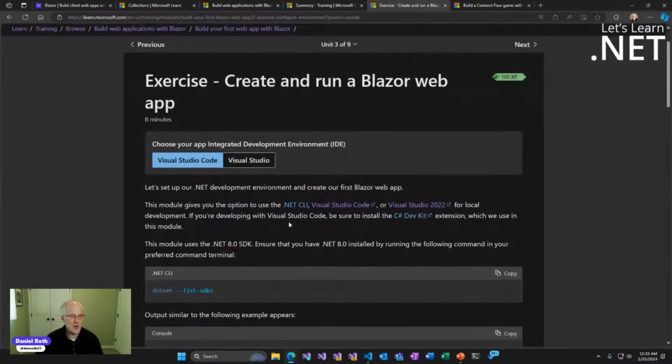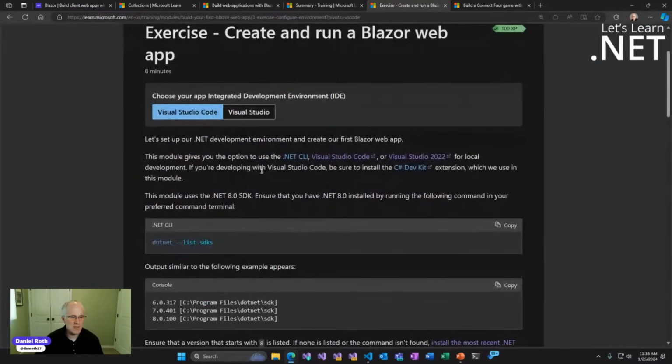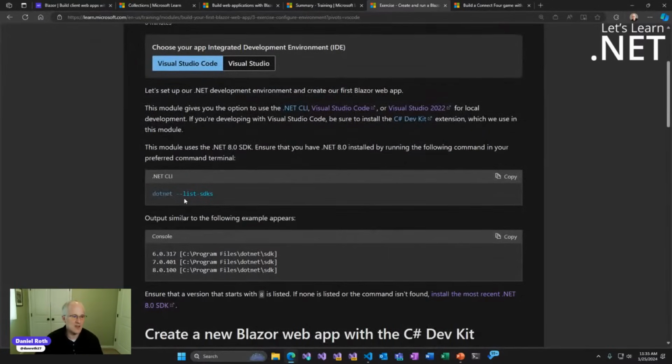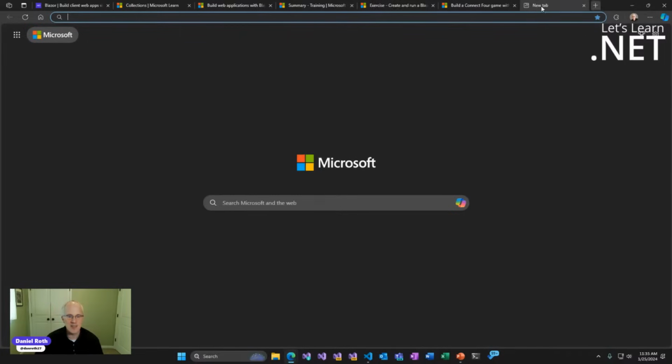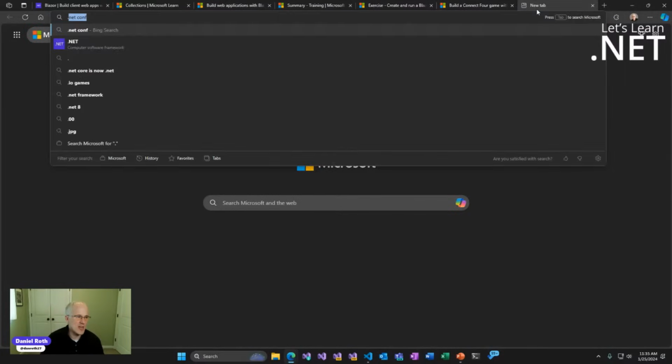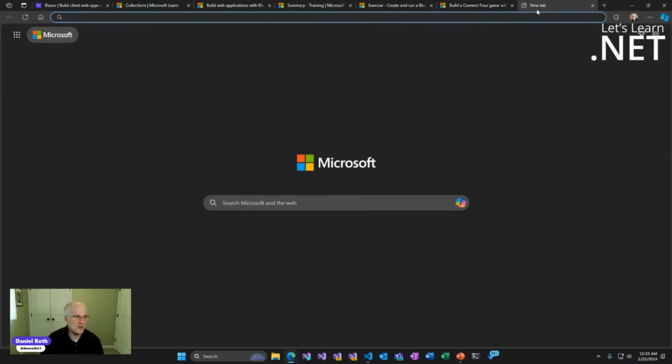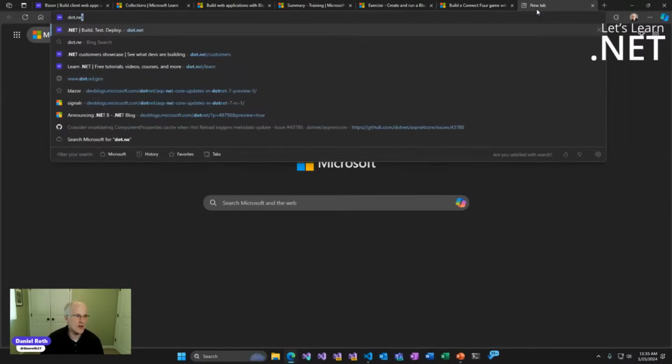All right, let's start with the most basic thing. Let's start with the CLI experience. So the first thing you're going to want to do is get the .NET SDK so that you can actually run Blazor code. This is assuming you don't already have Visual Studio. And to get .NET, you want to go to